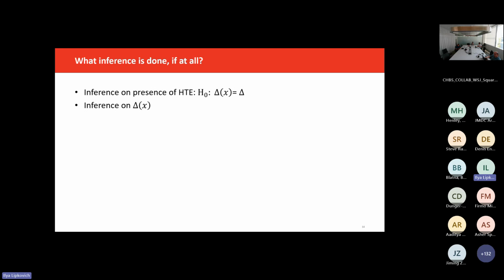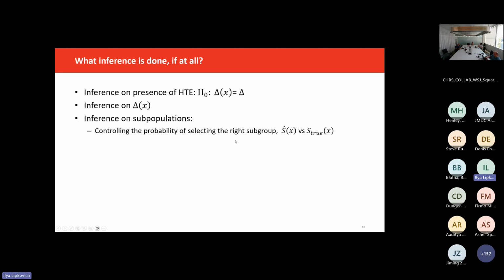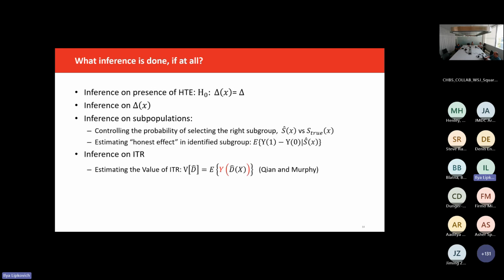Inference on presence of heterogeneous treatment effect, inference on CATE, inference on subpopulations, and could be controlling the probability of selecting the right subgroup, or it could be that whatever subgroup you found, you want to estimate the true treatment effect contained within this subgroup. Inference on individualized treatment rules.